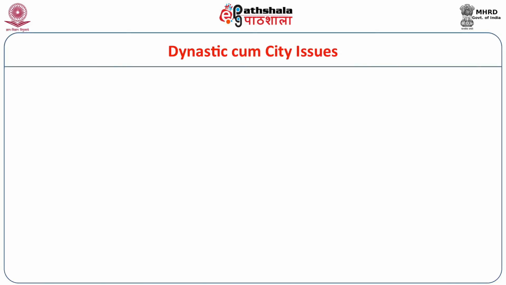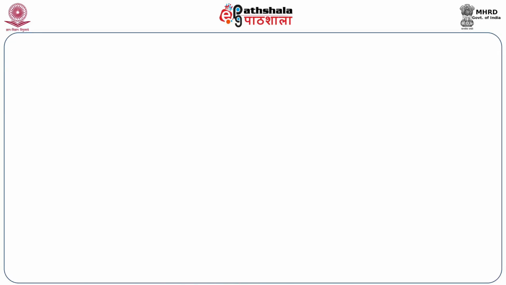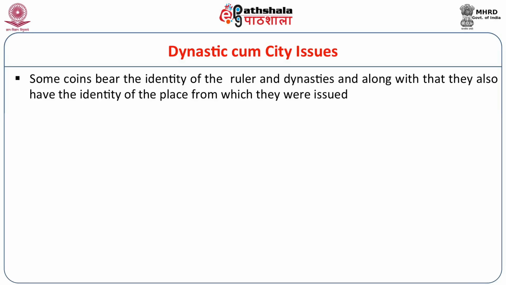Now let us move to the topic of dynastic cum city issues. There are certain coins, as I have already mentioned, issued by the Gana Sanghas, which had the name of the Gana Sangha, that is the Yodhayas, and along with that it also had the name of the city, that is Bahudhanyaka. Similarly, there are coins which have the name of the ruler, that is, it's a dynastic coin. And along with that, there is an indication of the city. It does not name the city, but it has a particular symbol which mentions that it came from a particular